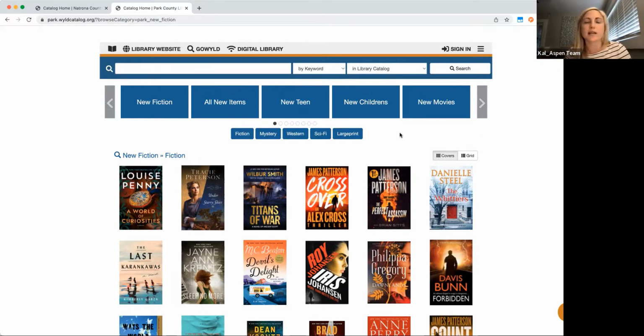So sometimes things like holidays, or maybe a popular author has just passed, or you're celebrating an anniversary of a popular book or something like that, all those different things that we celebrate throughout the years in libraries, you could totally create a browse category based off of that.